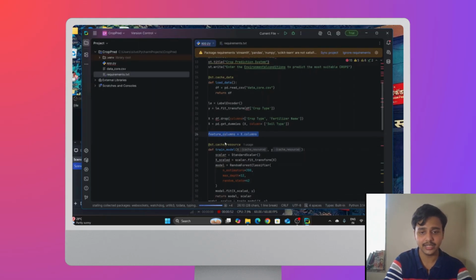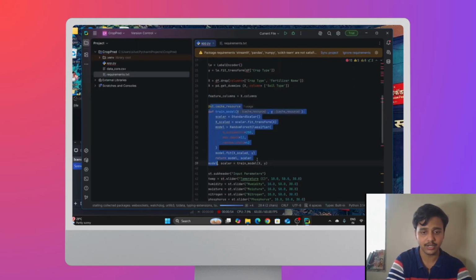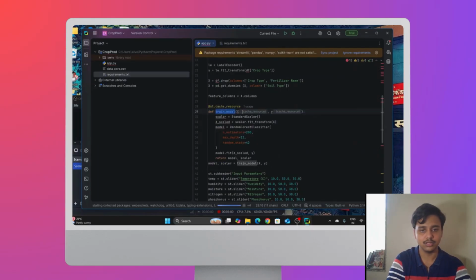Then we started training the data. So this comes the training part. The whole part of this is the training part, where we defined the model where x was the input and y was the output. Scaler, so we standard scaled the data. Then x_scaled, we referenced it to scaler.fit_transform, defined to x.